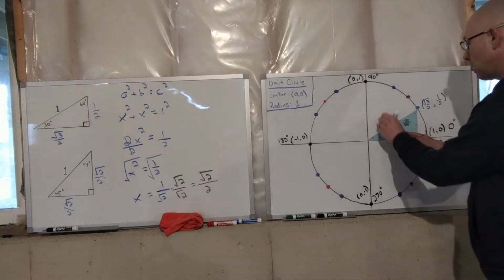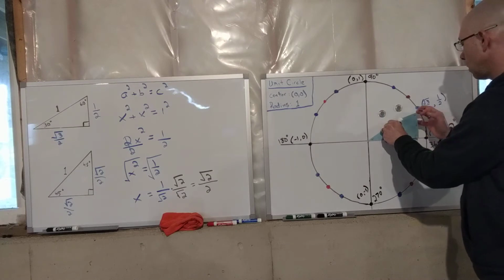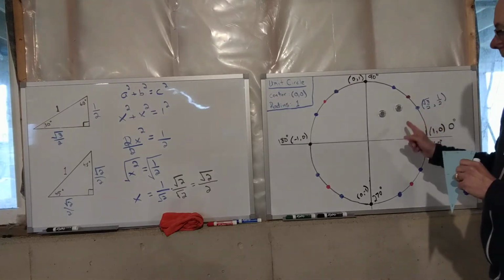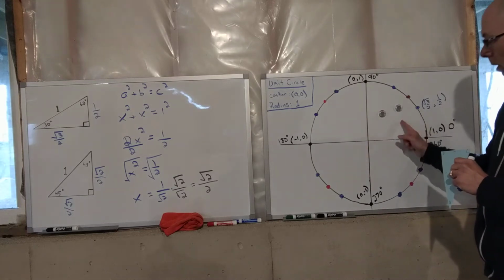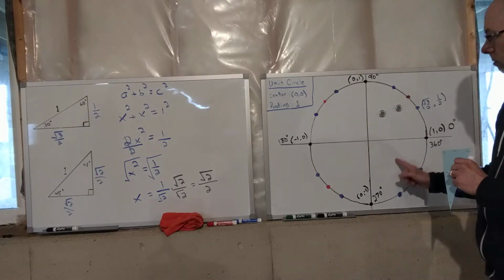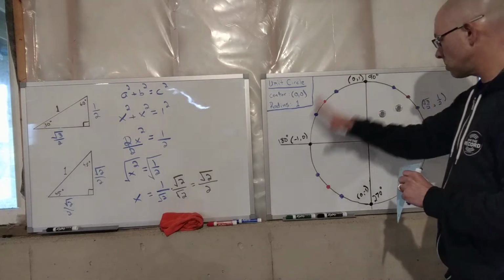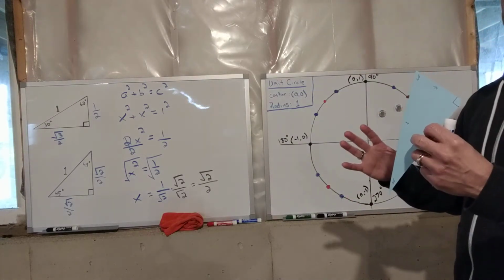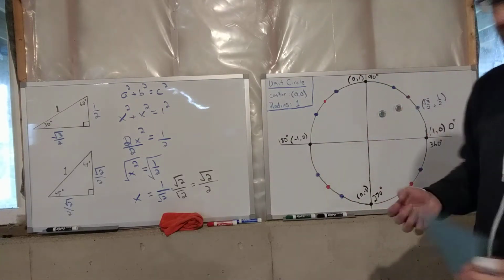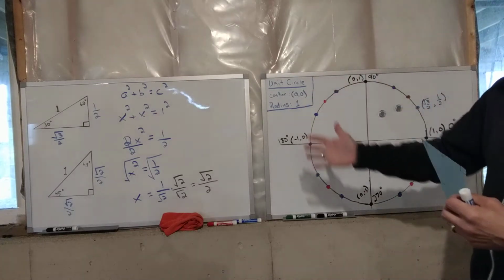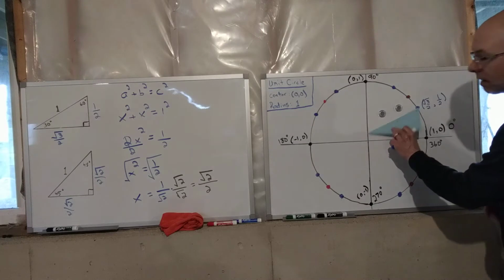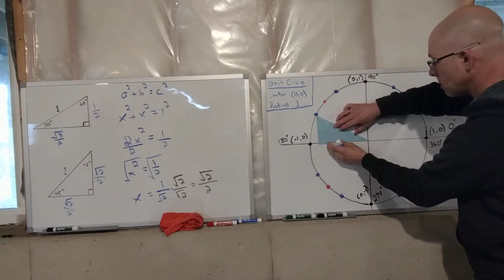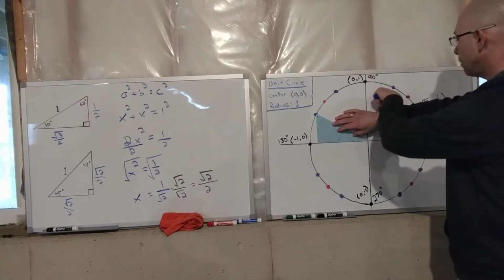Now, what I'm going to basically do with this triangle is flip it from, this is first quadrant, quadrant 1, 2, 3, and 4. I'm going to flip it from quadrant 1 to quadrant 2 to quadrant 3 to quadrant 4. There's 4 points around this circle that are the mirror image of each other. Or I should say 3 points, because that's the original point, and then there's 3 more. So, you guys, if I take this triangle like it was right here, and flip it straight over the y-axis into the second quadrant,